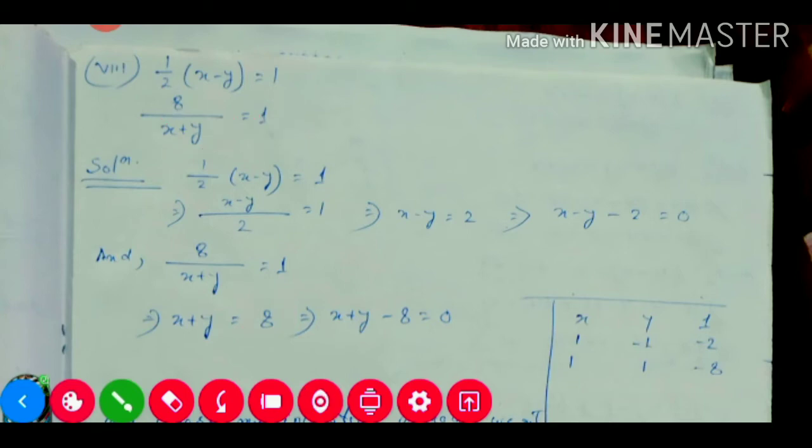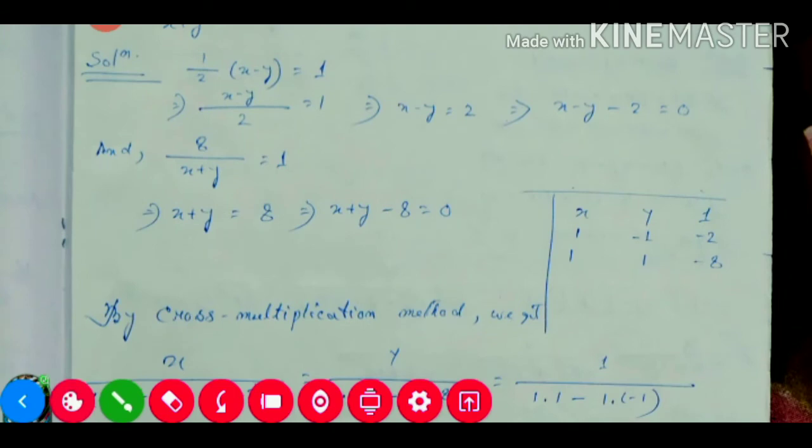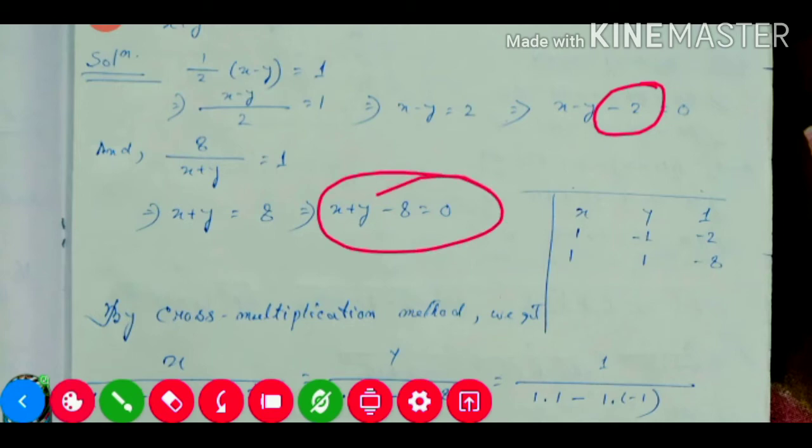Now like before we need to find out the values. So first from equation number 1 and equation number 2. The x coefficient is nothing there, so it is plus 1. The y coefficient is nothing there, and before it is minus, so minus 1. And the constant will be minus 2. From equation number 2, x coefficient nothing and positive sign, so it will be plus 1. The y coefficient is also the same, nothing before and plus sign, so it will be plus 1. And the constant will be minus 8, because minus is before it, so it will be minus 8.